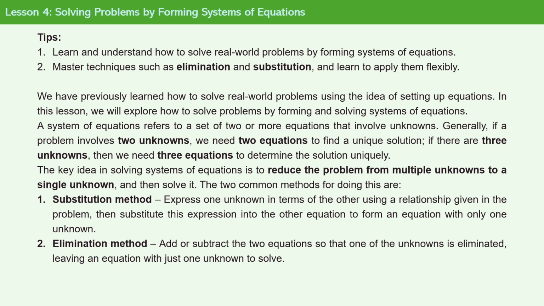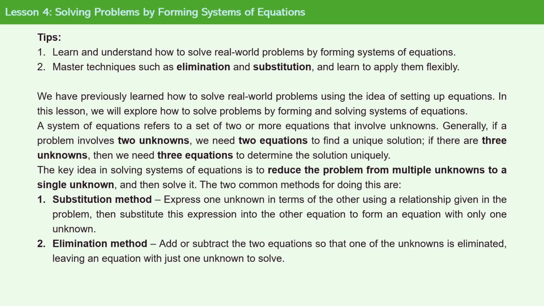A system of equations refers to a set of two or more equations that involve unknowns. Generally, if a problem involves two unknowns, we need two equations to find a unique solution. If there are three unknowns, then we need three equations to determine the solution uniquely. The key idea in solving systems of equations is to reduce the problem from multiple unknowns to a single unknown,